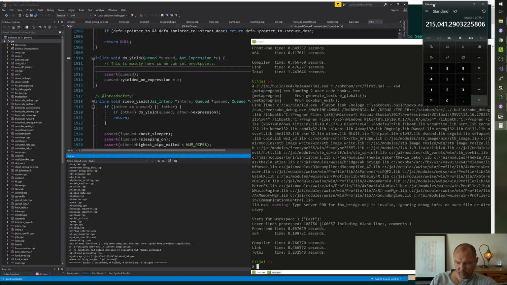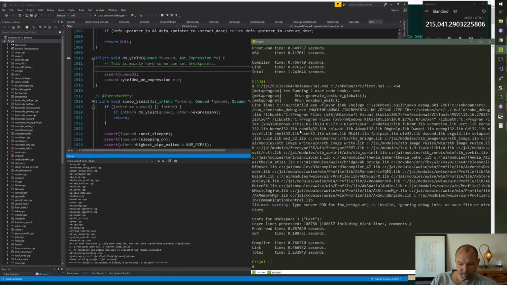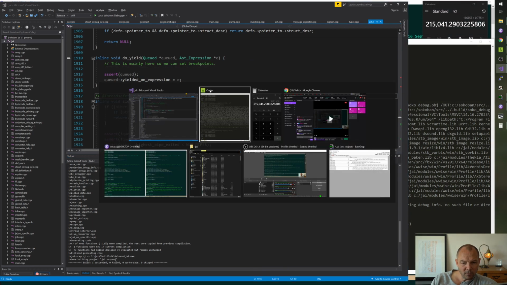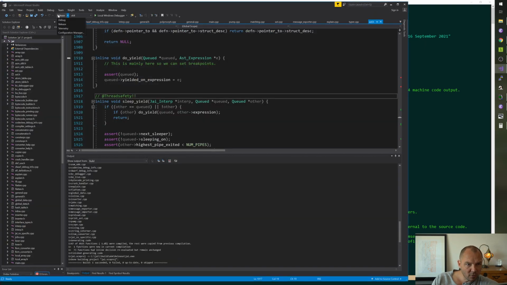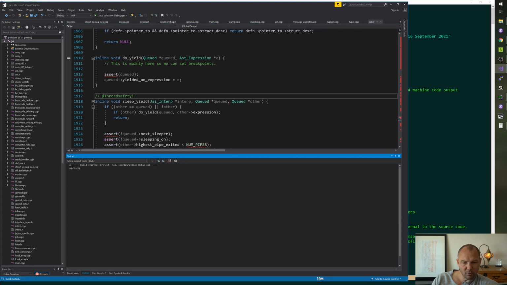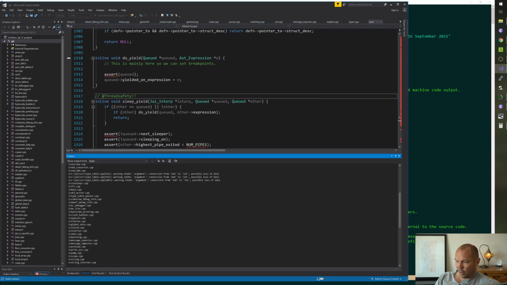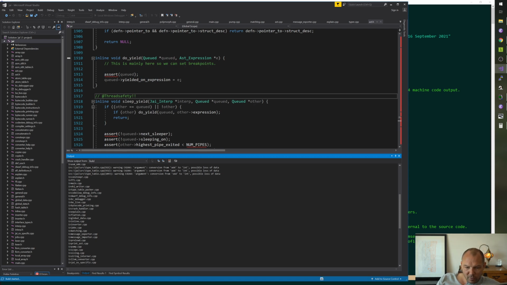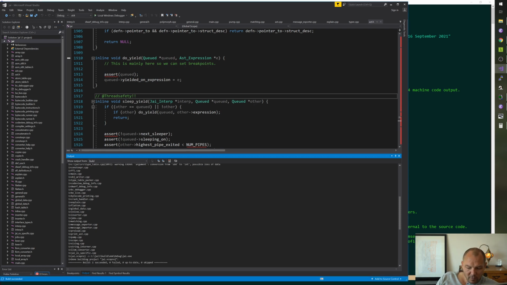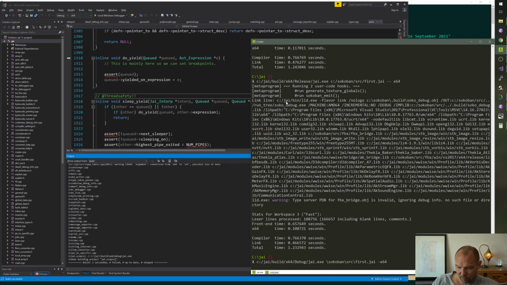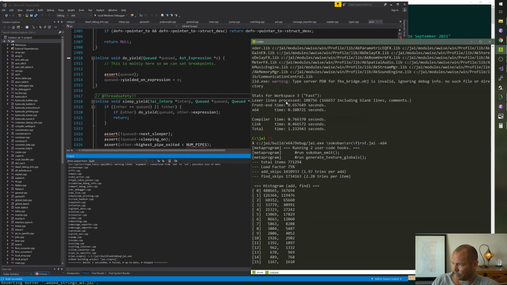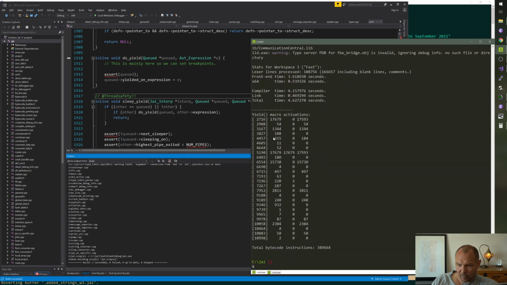Okay, now let's go back to profiling yields and go back to the debug build, and I'll turn one of these into a sleep yield and we'll see if we even run correctly. Right, so going back to Sokoban with the debug build. There we go.